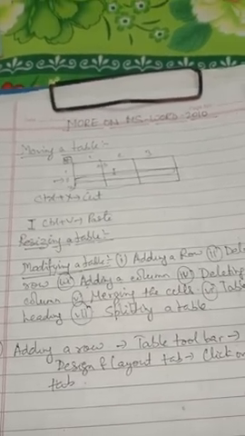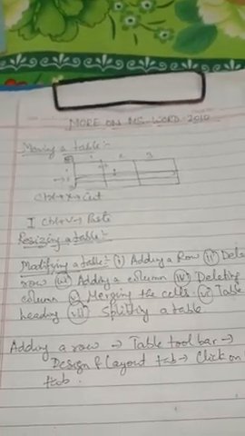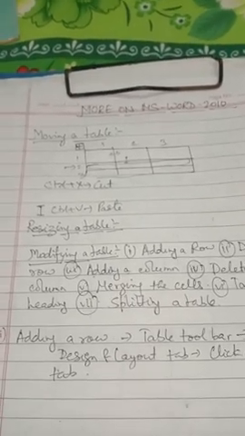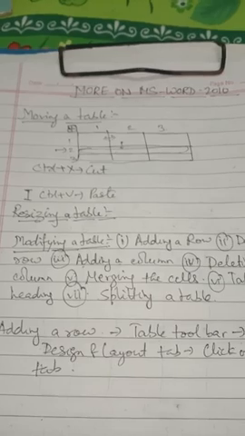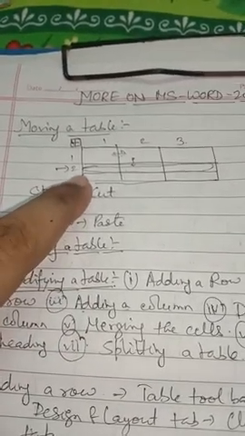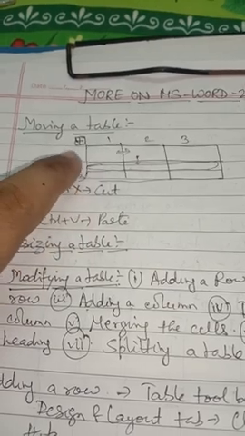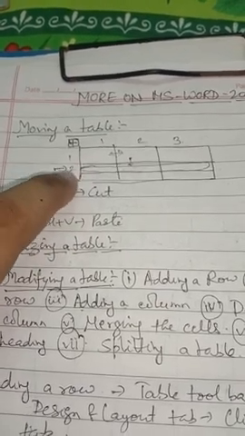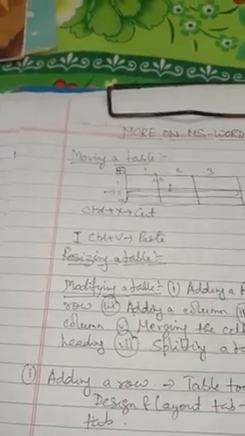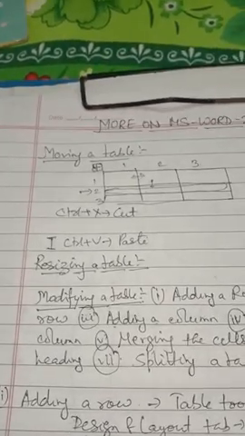As soon as you click on the layout tab, we can use the row and column group to add to our document. Since we have selected the second row, we can add a row between rows 1 and 2 or between rows 2 and 3. This depends on us and how we want to add the row. So we can click on the insert below option.